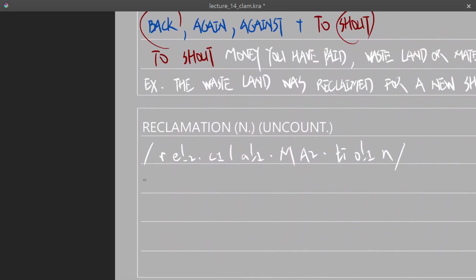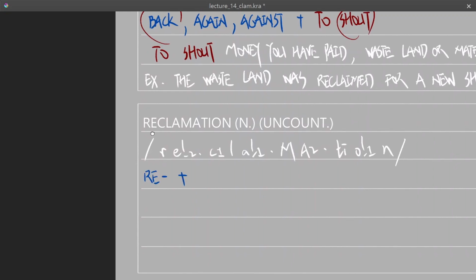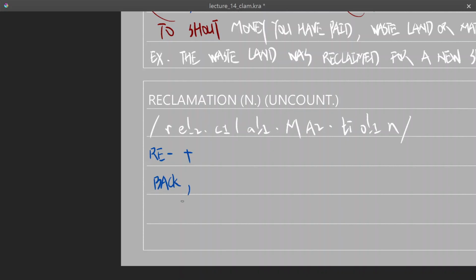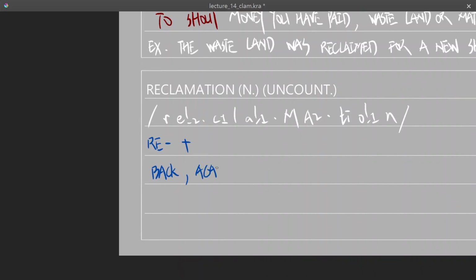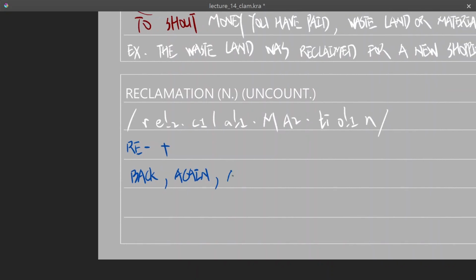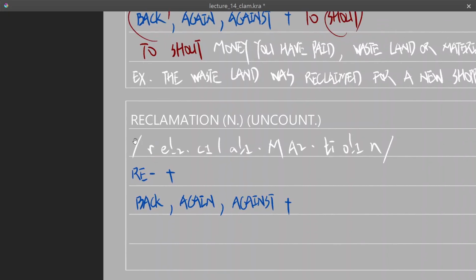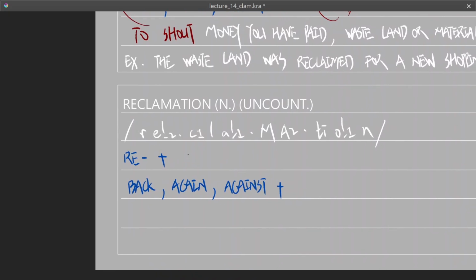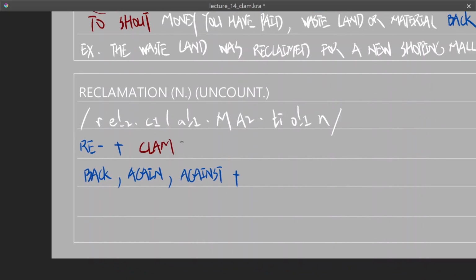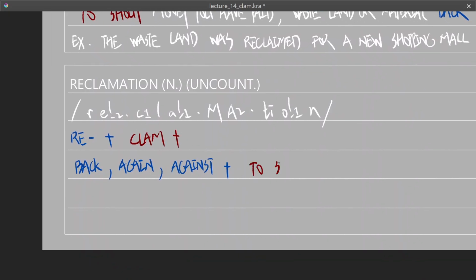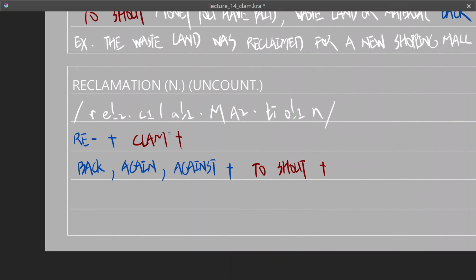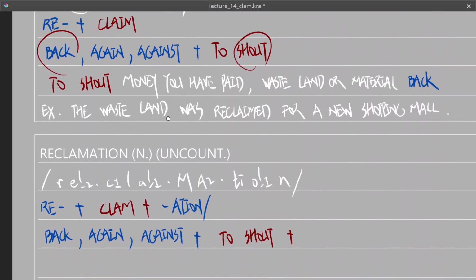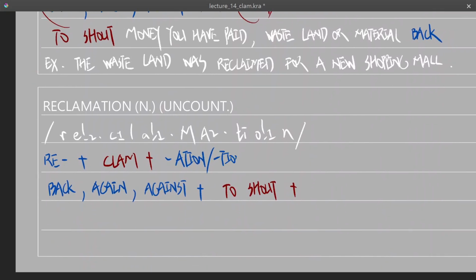The prefix re, meaning back, again, or against. And we have the root claim, meaning to shout. And we have now suffix ation with variants shun, ion,